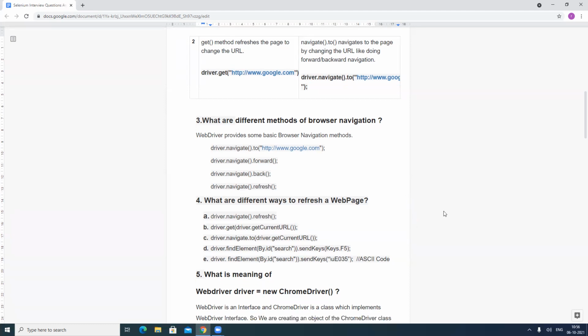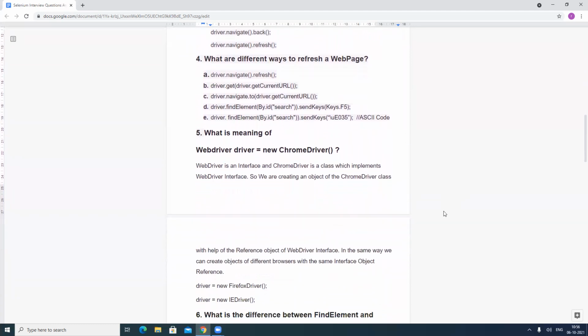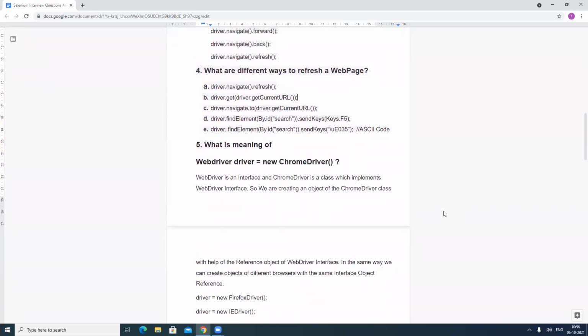Our next question, they can ask, what is the meaning of WebDriver driver equal to new ChromeDriver? WebDriver is an interface, and ChromeDriver is a class which implements the WebDriver interface. So we are creating an object of the ChromeDriver class with the help of a reference of the WebDriver interface. In the same way, we can create objects of different browsers with the same interface reference.